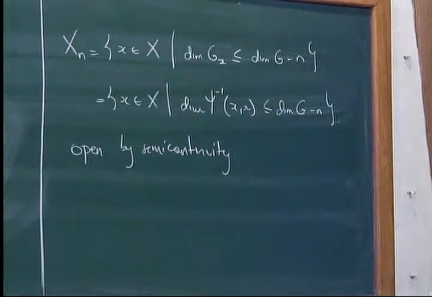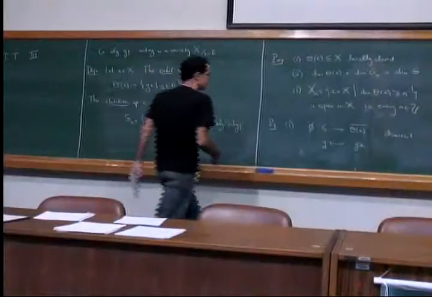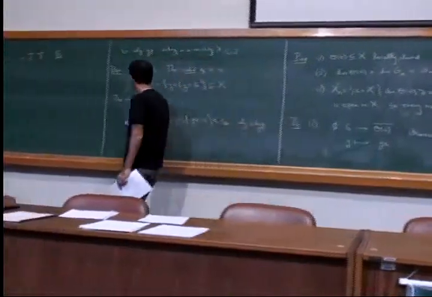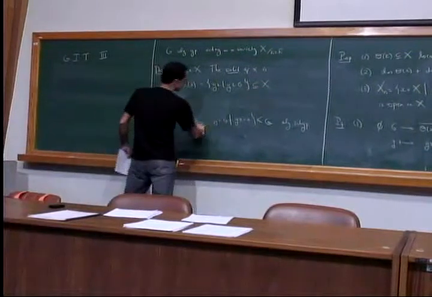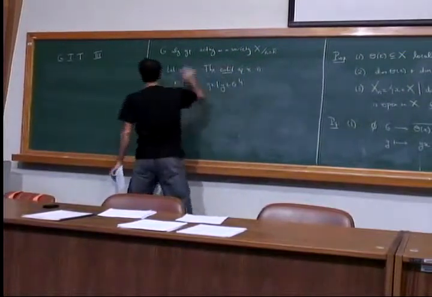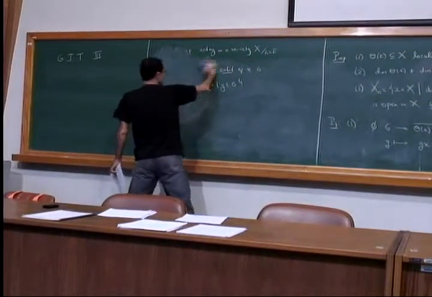So semi-continuity of the dimension of the fiber. Okay? So this is the general result that I needed, and the notions. So let's go back to our setup